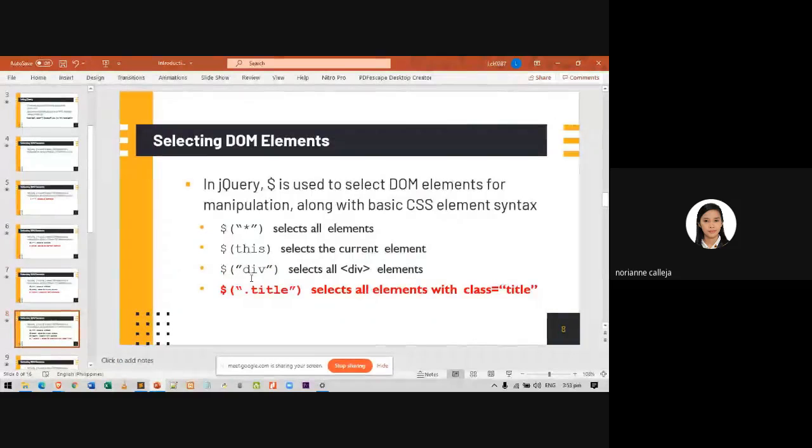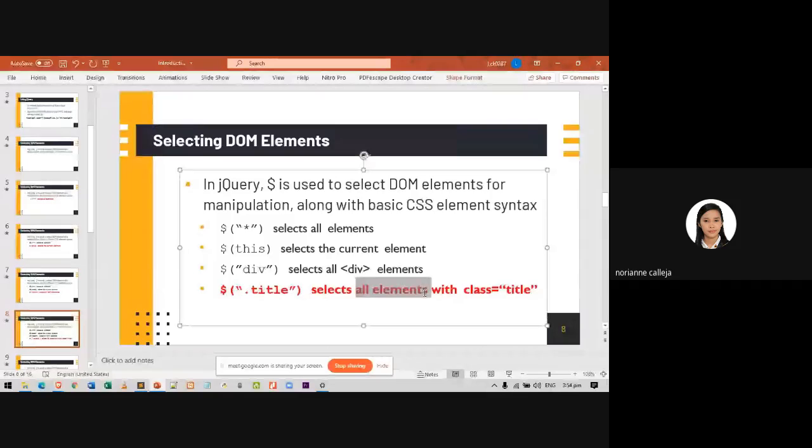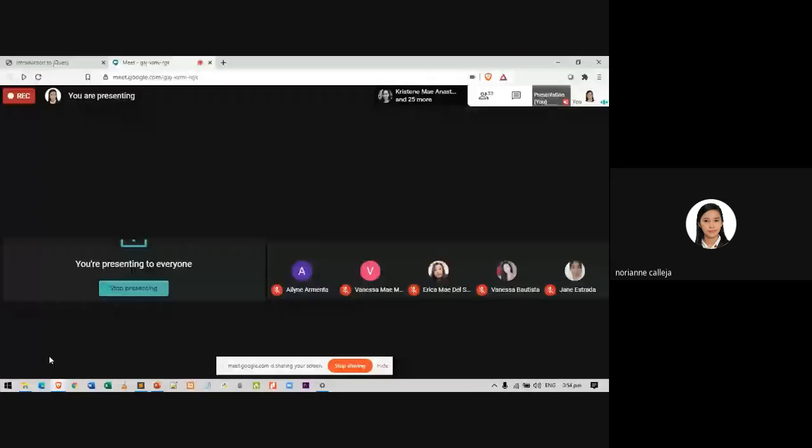So I know you are aware with this type of notation. It applies our CSS notation. You just select all elements with the class title.